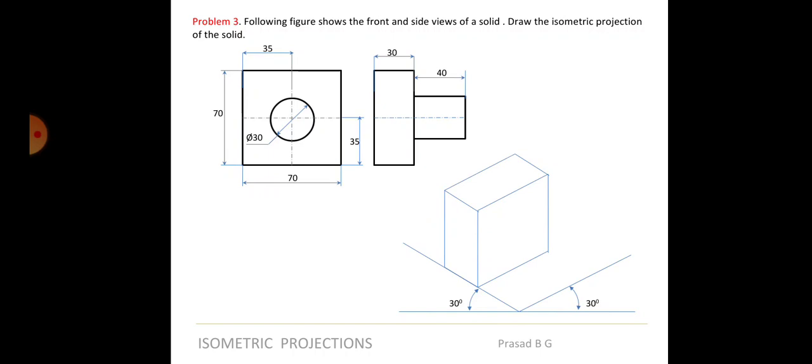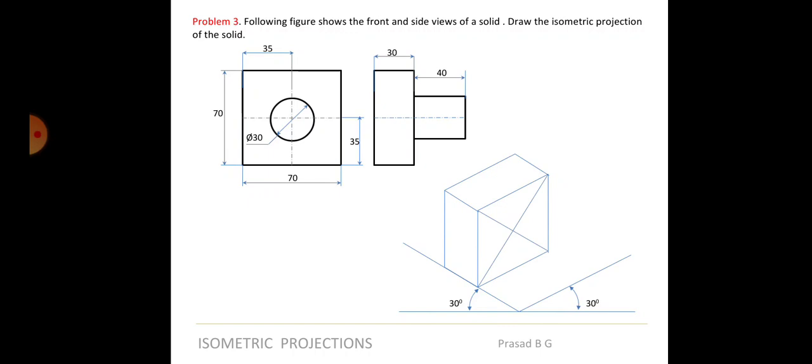Okay, next what you have to do, you have to locate the center of this. That's very important because you can see in the orthographic view what they've given. It is the cylinder is exactly on the center of the prism. So you need to locate the center. So you can directly draw opposite lines here and find the center, or you can drop a line from here and drop a line from here, doesn't matter, any one will do. So like this. So we have located the center.